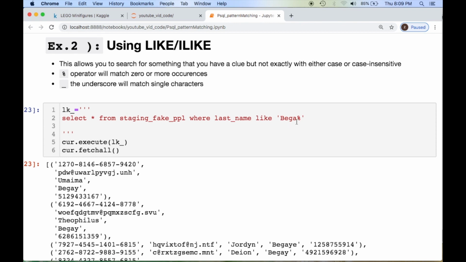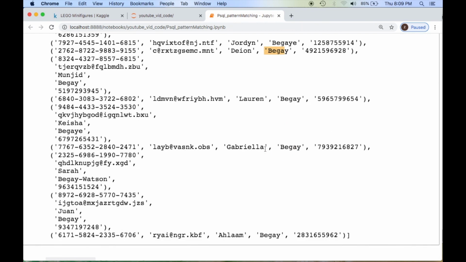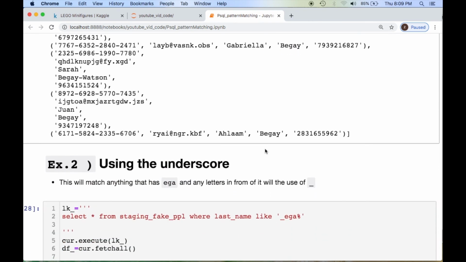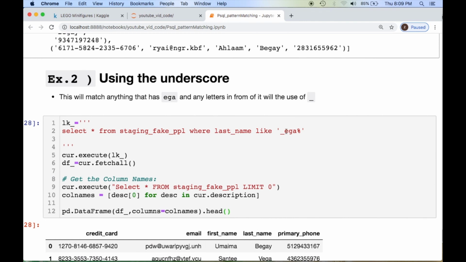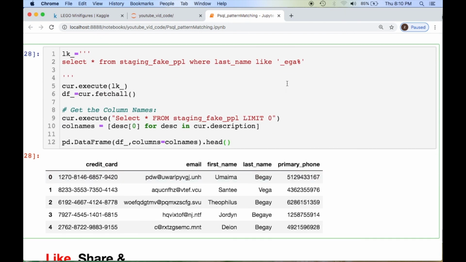So if we wanted someone with the last name that had Bega, and you're like, okay, I'm not exactly sure who I'm looking for, but the name is something like this. Let's see what we get for some results. Hopefully you don't have 10 billion of these people. And so it prints out anything that's very similar, that has at least what you're looking for with the Bega. You could throw an underscore and just look for EGA for the last name, which is almost the same thing, right? What's going on here is it's taking those characters that are in front of it. There's something interesting going on here that I didn't mention. So we're finding anybody with EGA and any letters in front of it.